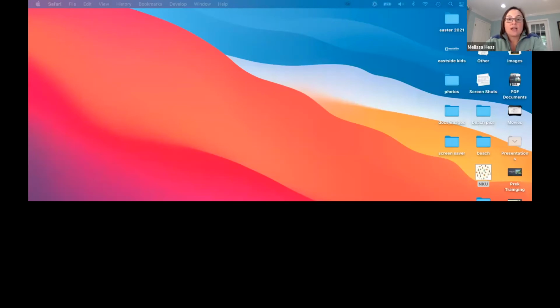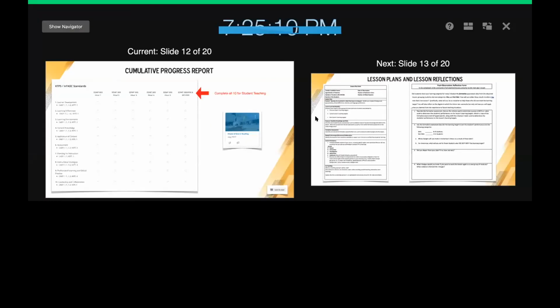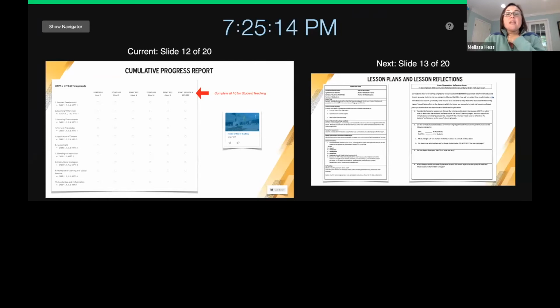A quick question about those 10 you just said. Are you saying that we need to hit all those 10 again during student teaching? Yes, in combination of term 1 and term 2. Does that make sense? Okay. And then please make sure you're saving and closing at the very end, so all of it is logged there.